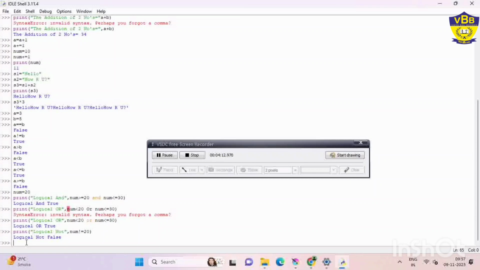Next concept is control structures. In a program, control structures are used to determine which statements are executed. Suppose if you are not 18 years old, you will not be able to get a driving license, right? You won't be able to vote as well, right? So there are some conditions; the statements based on some conditions are called conditional statements. Control structure means it will control the flow of the execution of the statements.